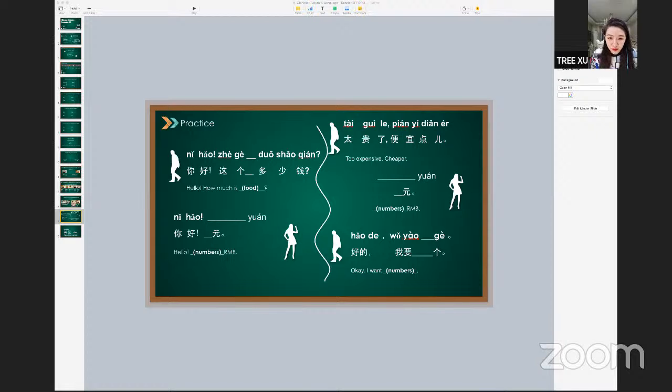We can repeat first and then do conversations. 你好. We have different quantity words, so it's not always necessarily 个, but 个 is okay to say. Usually for 饭, I will say 碗, like a bowl of rice. 你好，这碗饭多少钱？